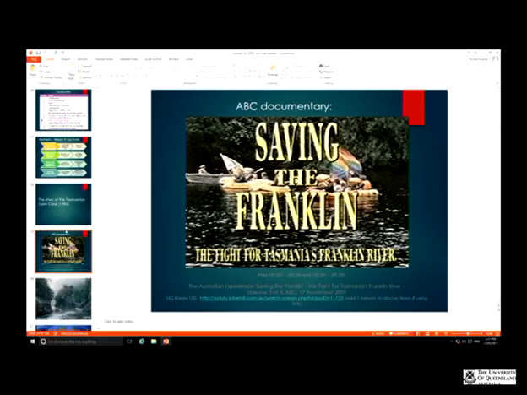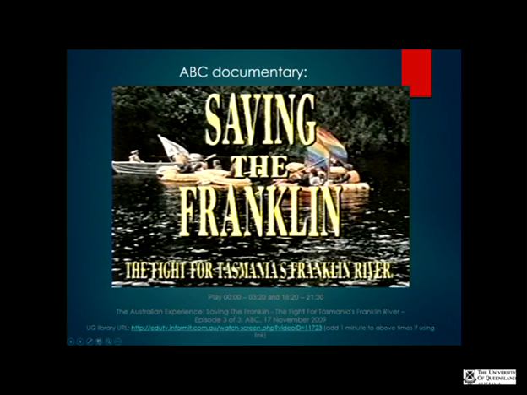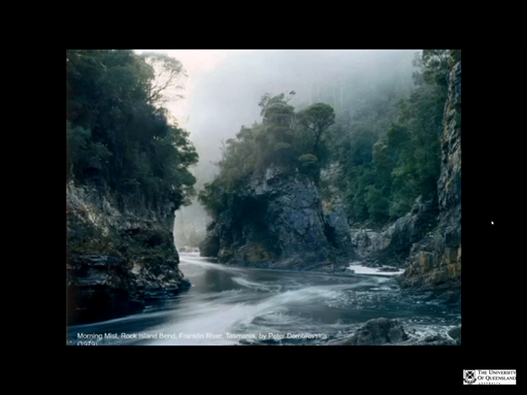Look at more of that in your own time if you want to, but it's just to give you an idea of what the Franklin River looked like before I start taking you into these images. So this is the Franklin River, and the unusual thing about this scenario is not so much the fact that there was an environmental group that wanted to preserve the Franklin, but that they succeeded in preserving the Franklin River. And they did so with the help of the federal government. That's what makes this a very unusual case study.